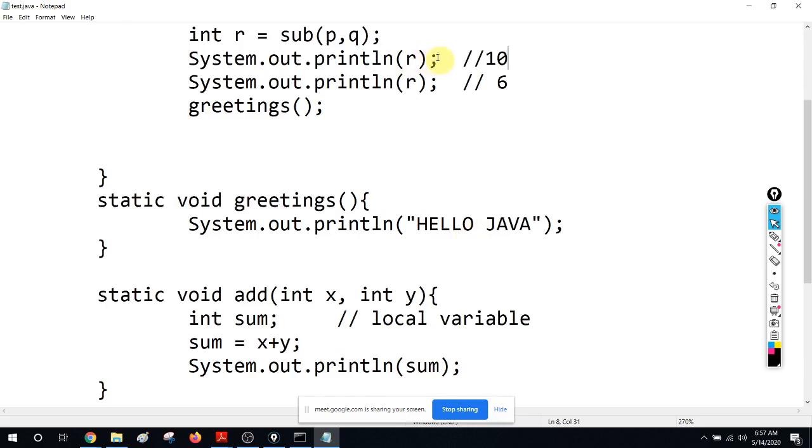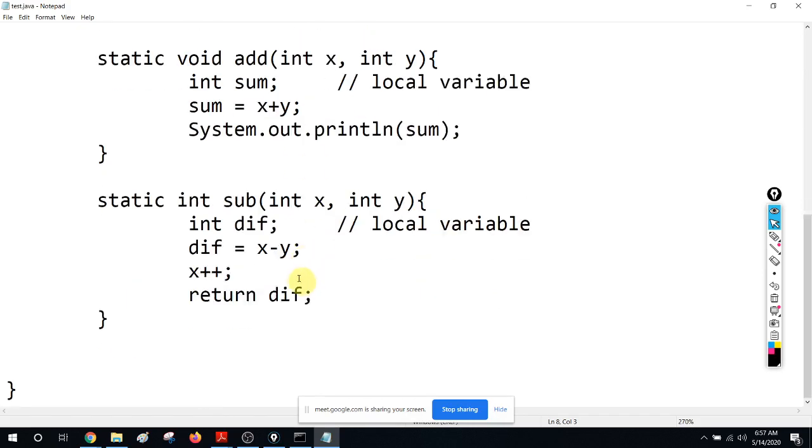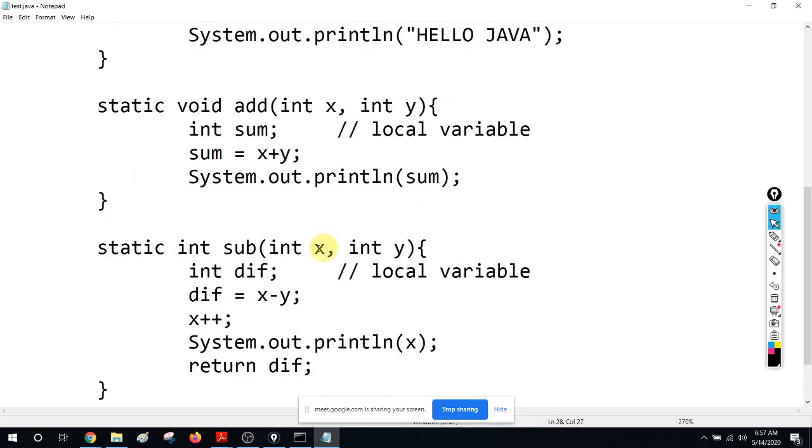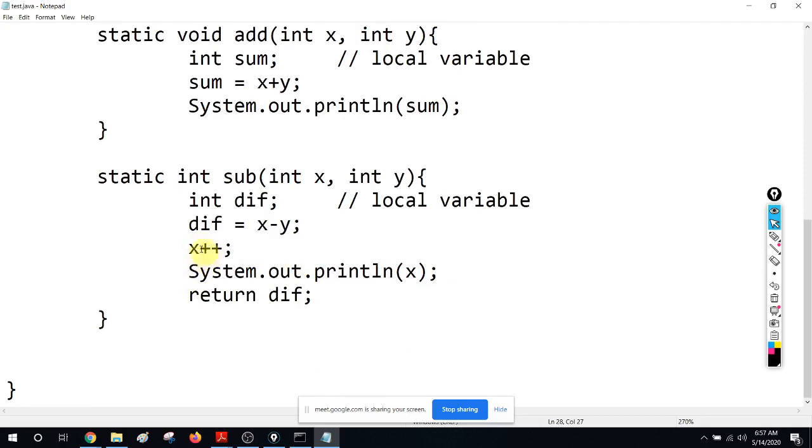We'll do the same thing here also, just to explain it. Look at it closely. I'm printing x here. In this particular case, your x value will be 10 because we are sending p. So here x value is 10. Now I am incrementing that 10 by 1.